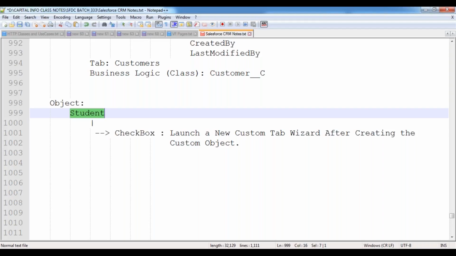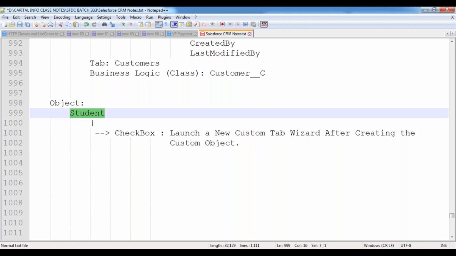We can insert the records, update the records, delete the records through Apex programming, or else we can use the tool given by Salesforce, that is the Data Loader, or we can use some third-party tools also, like Informatica Cloud and Cast Iron. Various tools are available. Through those tools also we can manage the records, or else through an integration mechanism.